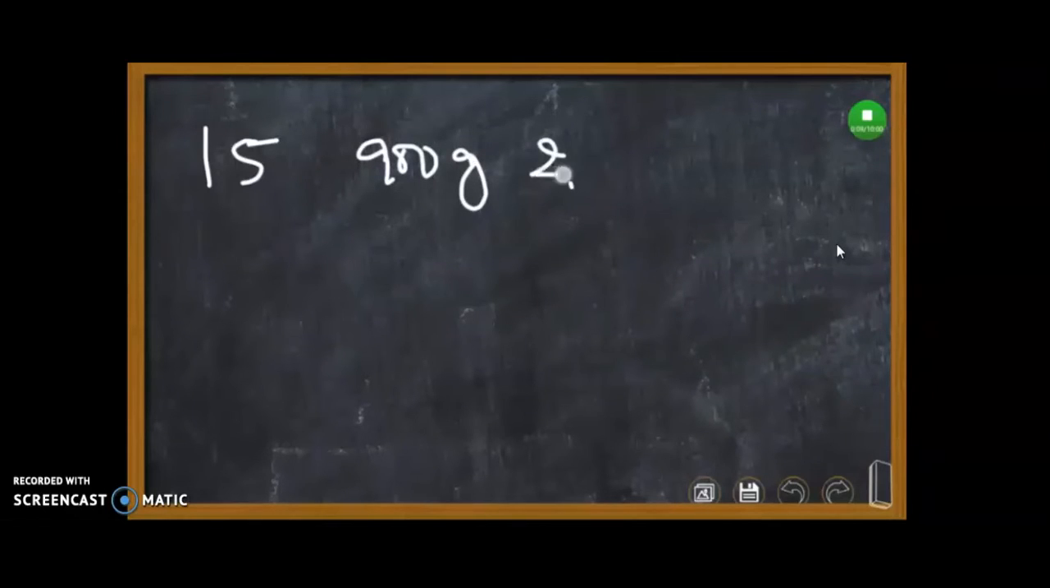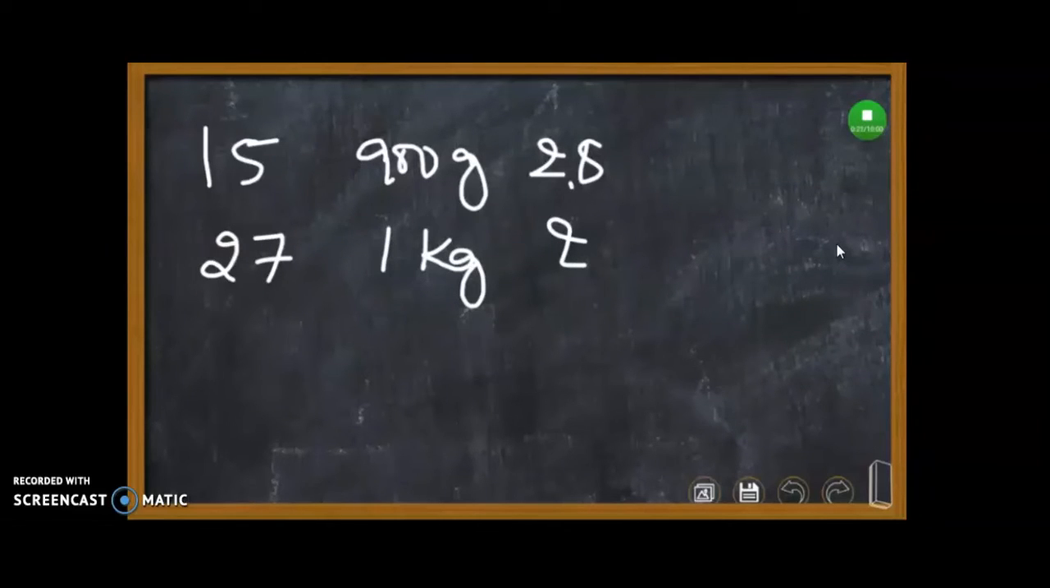It has been given in the question that 15 packets of chips, each weighing 900 gram, will cost rupees 28. Now we have to find out the cost for 27 packets of chips weighing 1 kg. Cross multiply the values. We will get